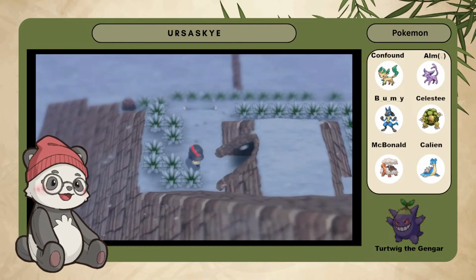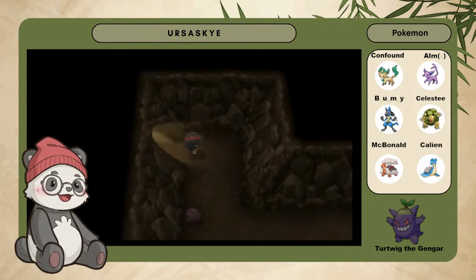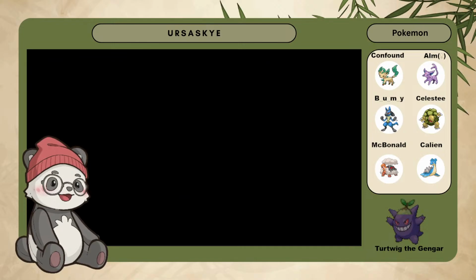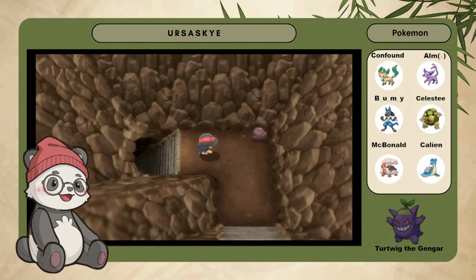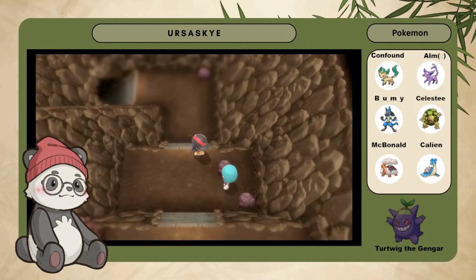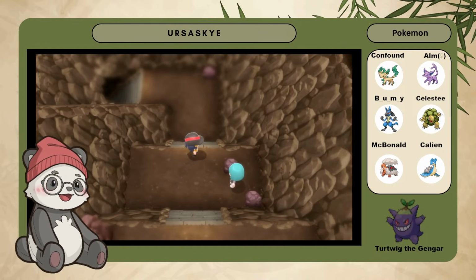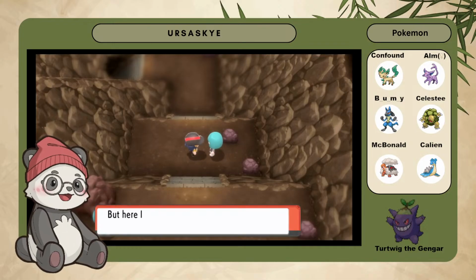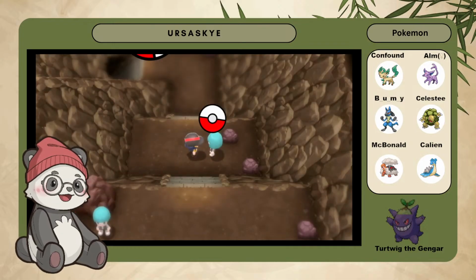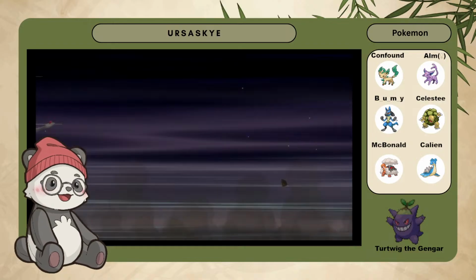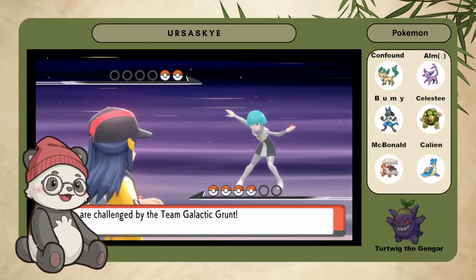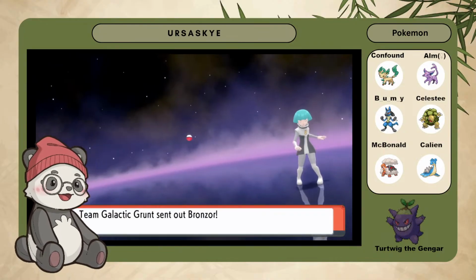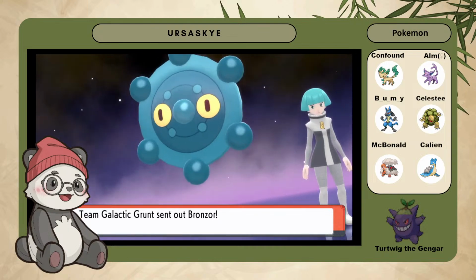So for those who are kind of new to this, I have a chatbot that I created, and it's essentially just a personality and stuff. In this case, it's Turtwig the Gengar, but I have multiple character options. But for this game, I'm using Turtwig the Gengar. The general story for this is that Turtwig was the starter Pokemon for my run here. But because this is meant to be a test run for my program, and it's meant to be developed over time, and it has throughout the game,